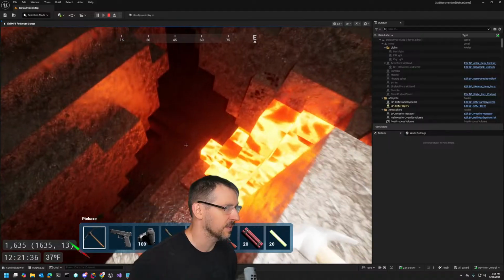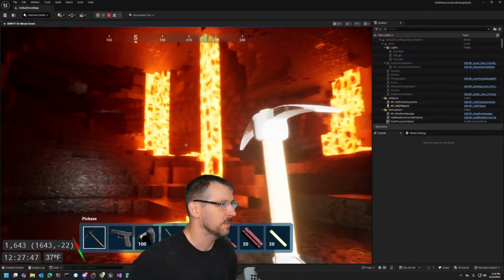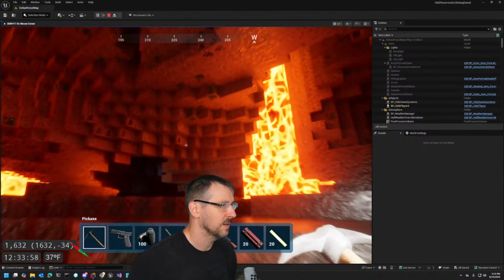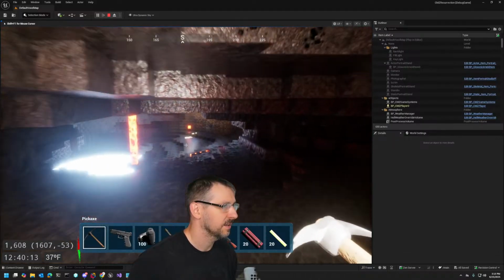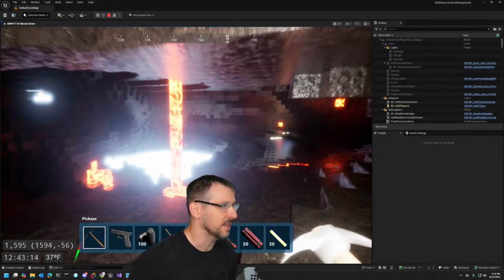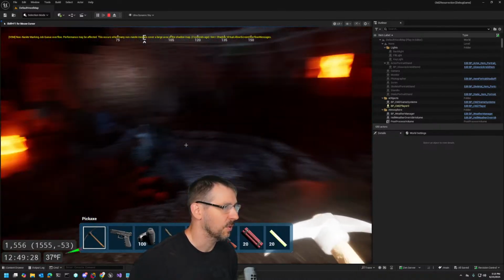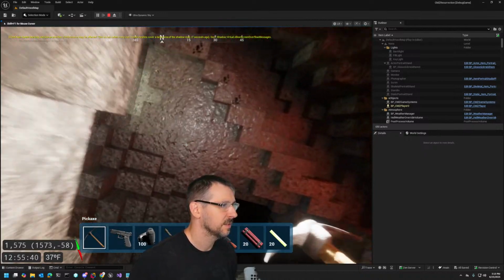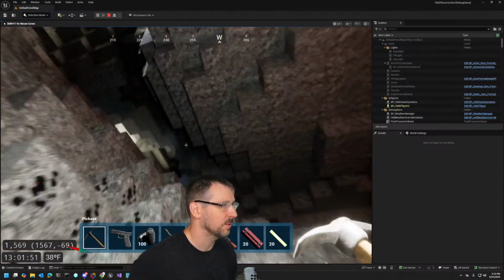Now we're down in the granite space here. This is a good example of one of the more interesting caves. I almost want to stop and take screenshots here. We did a lot of work on what the caves were going to look like, and with this light leaking in, it kind of gives you an idea of these big round open spaces with stalactites, and if we crawl up through the holes, we end up